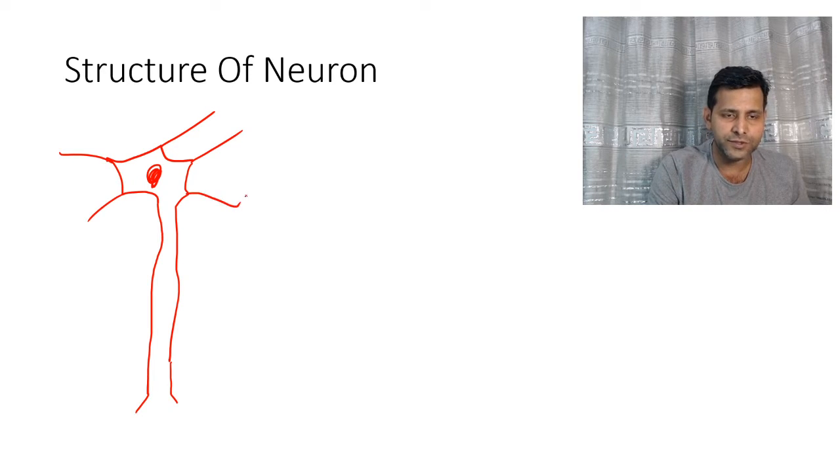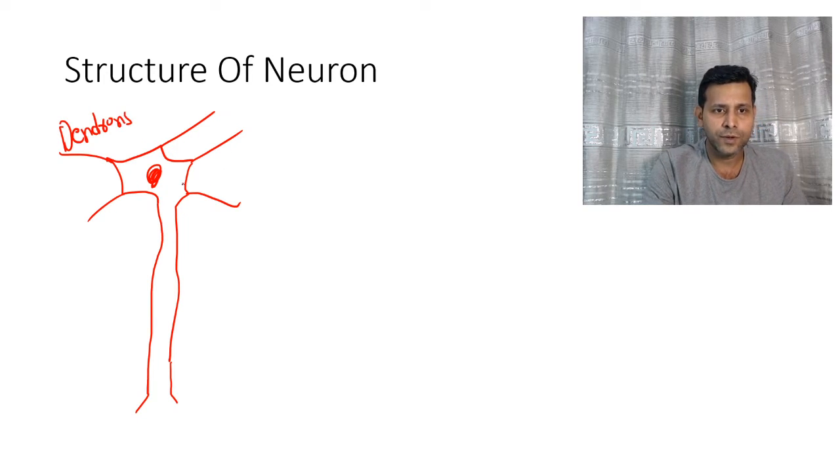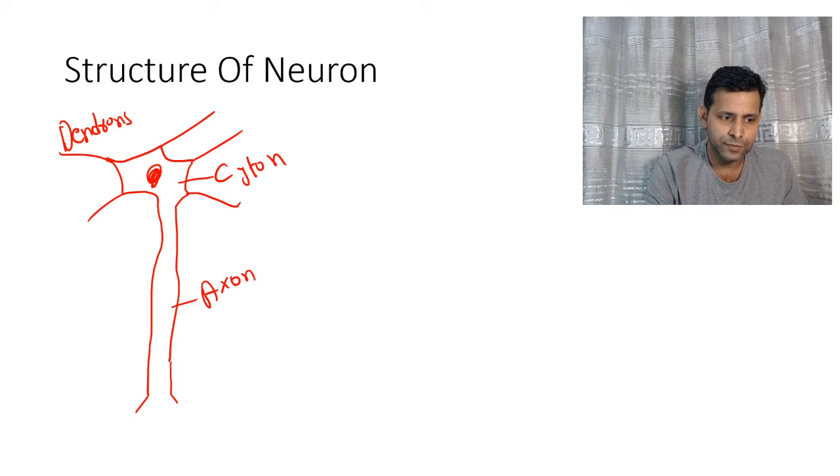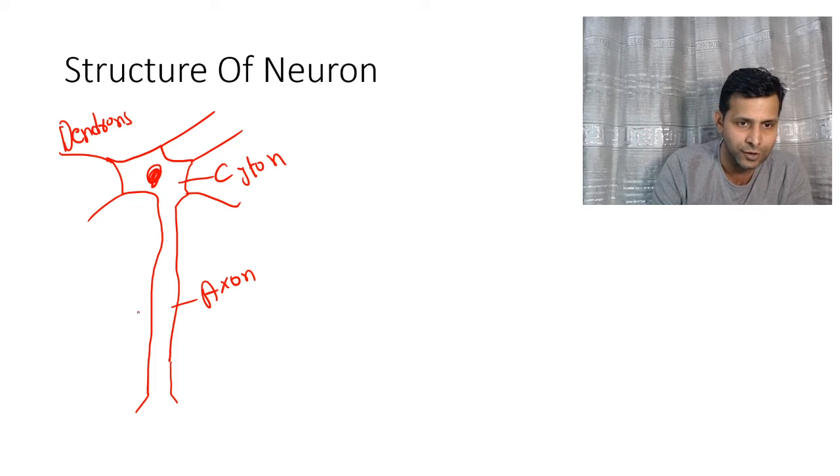There are three basic structure of a neuron or nerve cell: the dendrons, the cyton which covers the nuclei, and the axon. Yes, very good Ketki. Cell body, axon and dendrons. Remember,